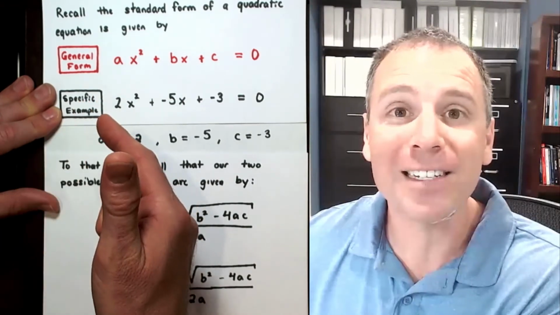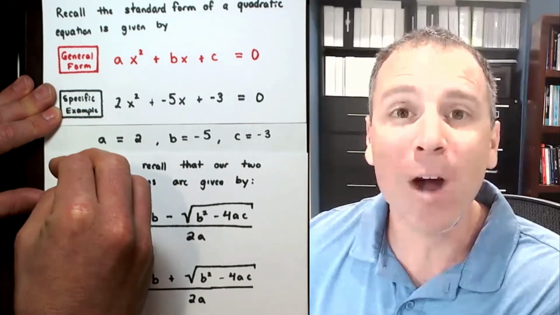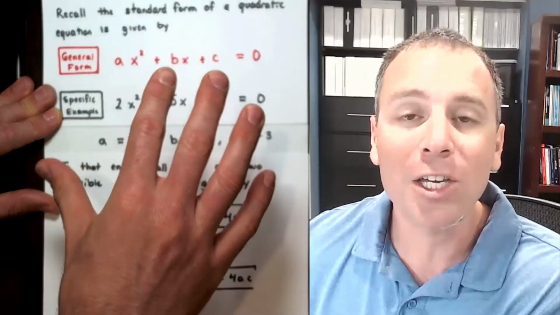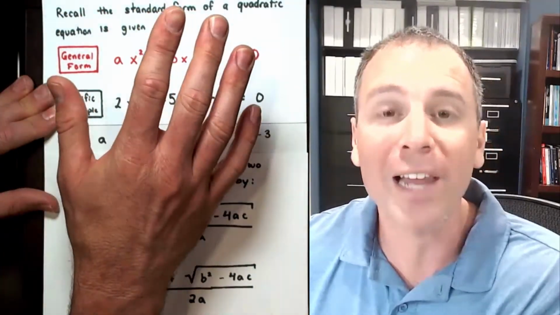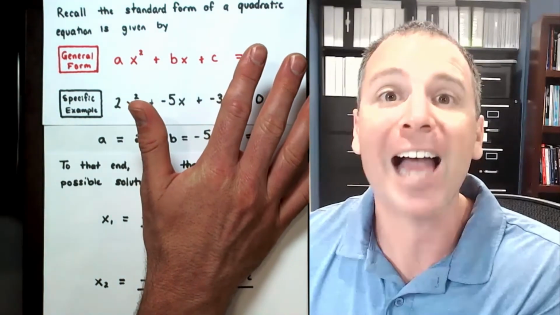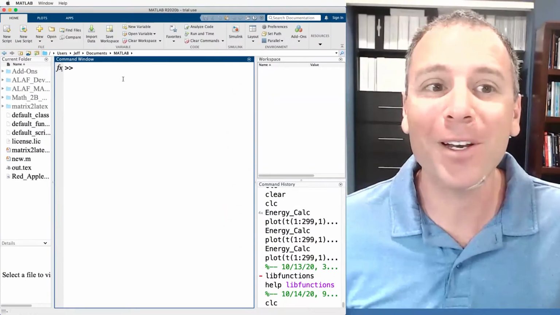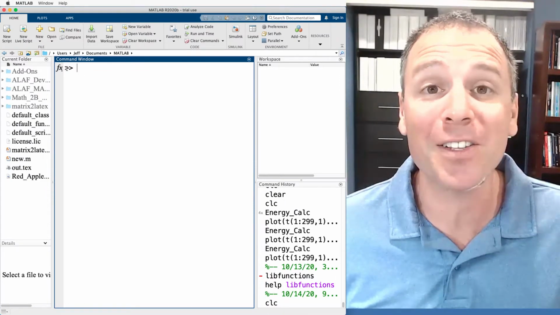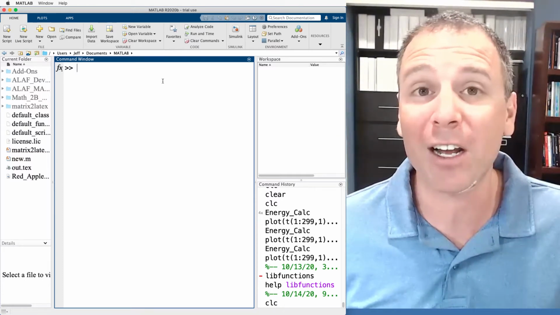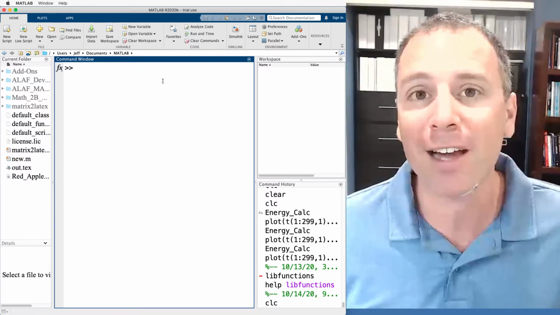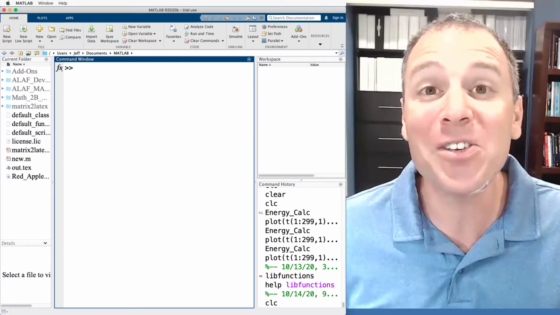A best practice in using MATLAB to solve problems is to study the problem in detail and document your understanding of the problem prior to writing code, so that there's a relationship between the code that you write and your understanding of what you're trying to do behind the scenes. Here we are in the MATLAB command window. We see that the cursor is right next to the command prompt. The goal of this particular coding session is to solve the quadratic equation 2x squared minus 5x minus 3 equals 0. We have the approach that we want to implement, which is to use the quadratic formula.